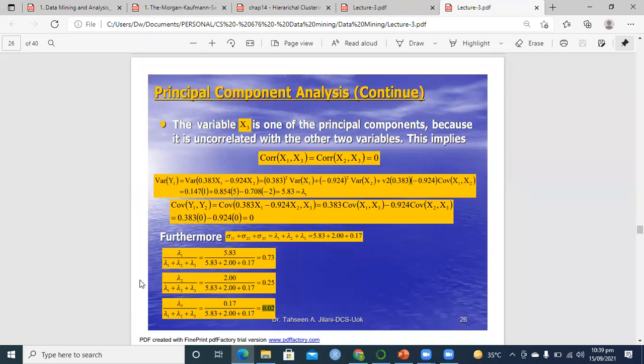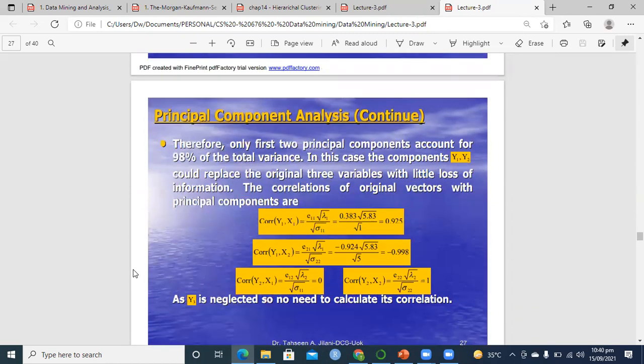So you understand, if either the eigenvalue is less than 1 or the relative variation is 2% or less than 2%, we ignore that variable and we reduce it. So here in this case, I will remove the third principal component and I will have only two variables remaining in the transformed data. So this is the way to do variable selection using PCA. Therefore, only two principal components account for 98% of the total variation.